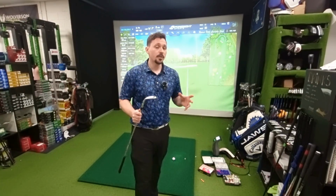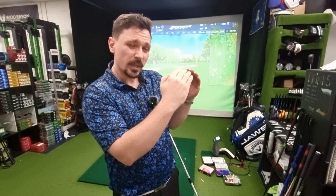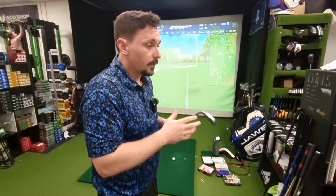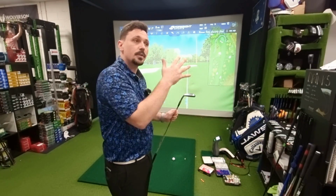Now the easy way to do this is to look at the irons that you have. Google images on the irons that you have in the bag, and you're looking for a chart that shows you the lofts that you've got. And if you go down to your pitching wedge, see what loft your pitching wedge is. If your pitching wedge is 44 degrees, then we might need different lofts in the wedges to help go down